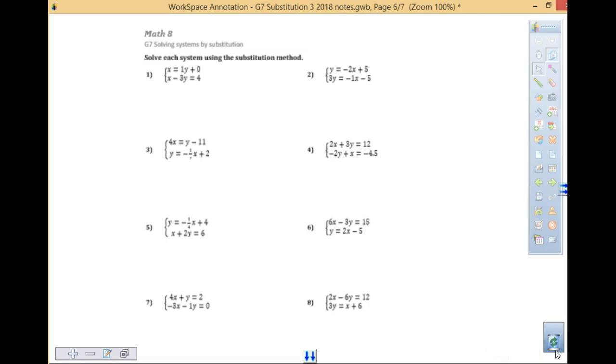Tomorrow we're going to start a new method of solving. It's called elimination. But tomorrow we will turn in this G6 and G7 worksheet. On this worksheet, you must have 6 to 12 completed with your work. If you have G6 done, you want to have that done too. So you might have done your work on a separate sheet,